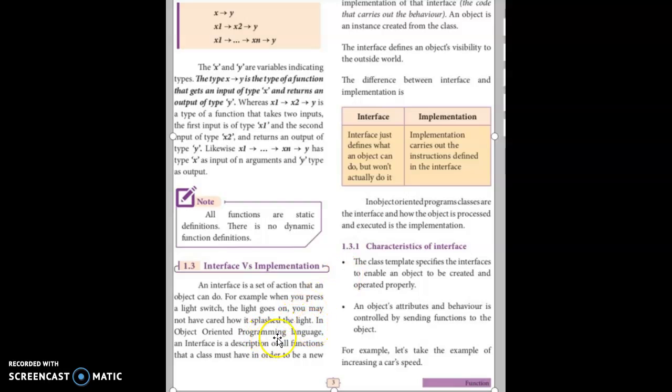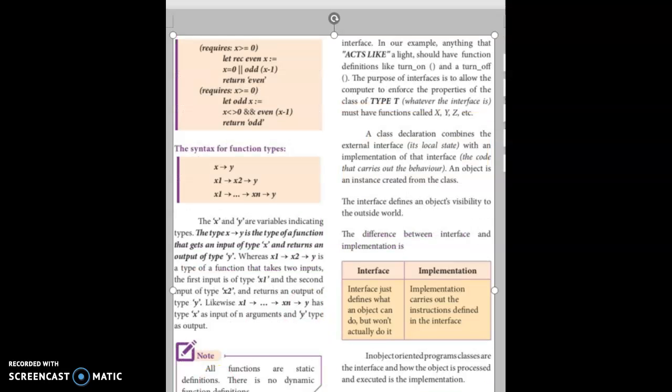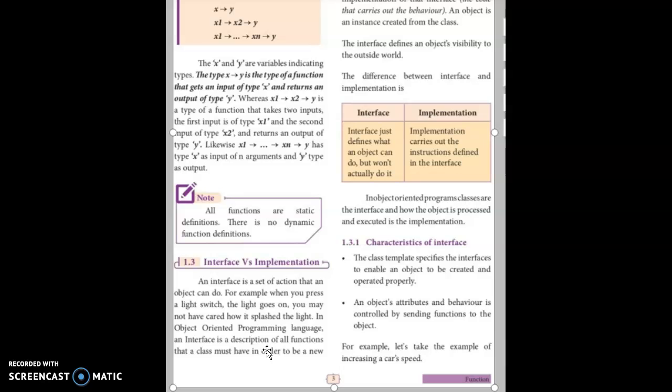In an object-oriented programming language, an interface is a description of all the functions that a class must have in order to be a new interface. Here, a description of all functions means each interface has a certain number of functions to do various operations. This switch has two operations and two functions: one is turn on the switch and the other is turn off the switch.